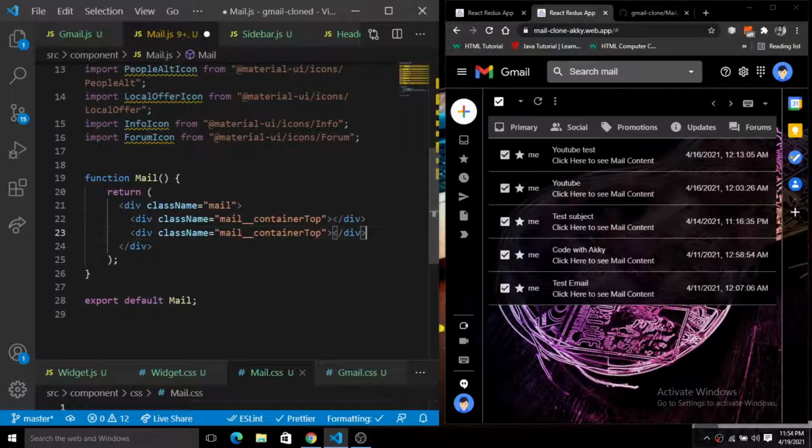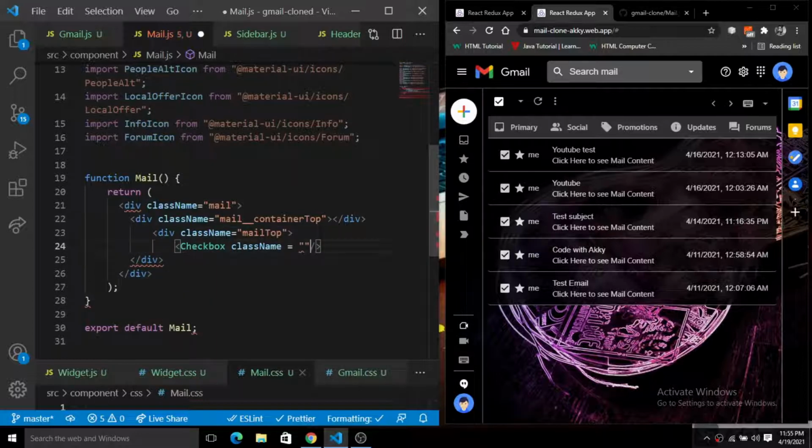Inside of this mail container top we have a mail top, and inside of this mail top we have a checkbox. So just put the checkbox here, and for this checkbox we'll give the class name.